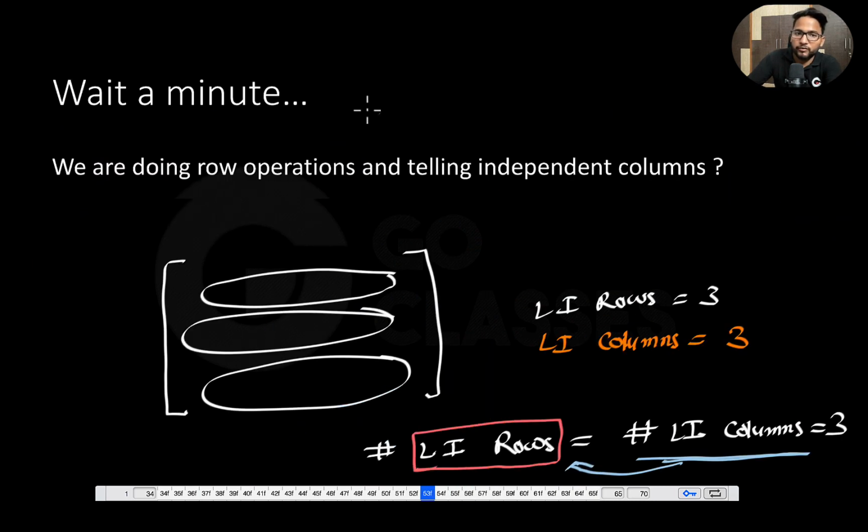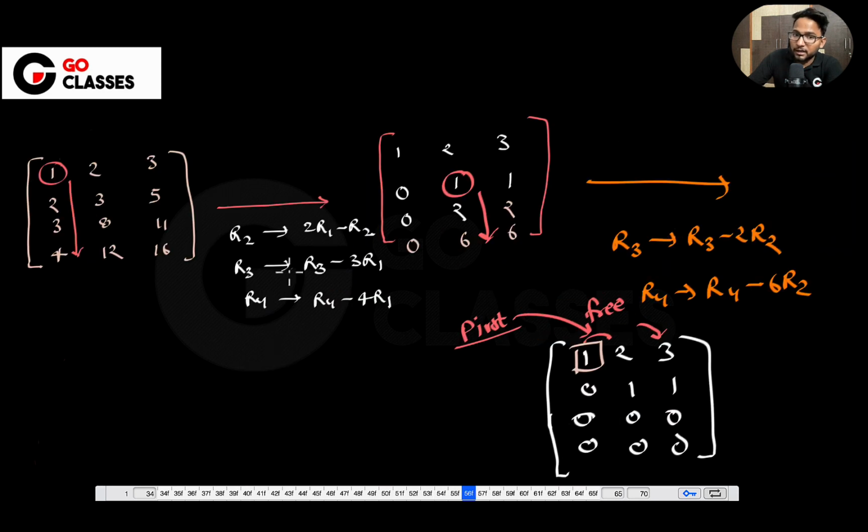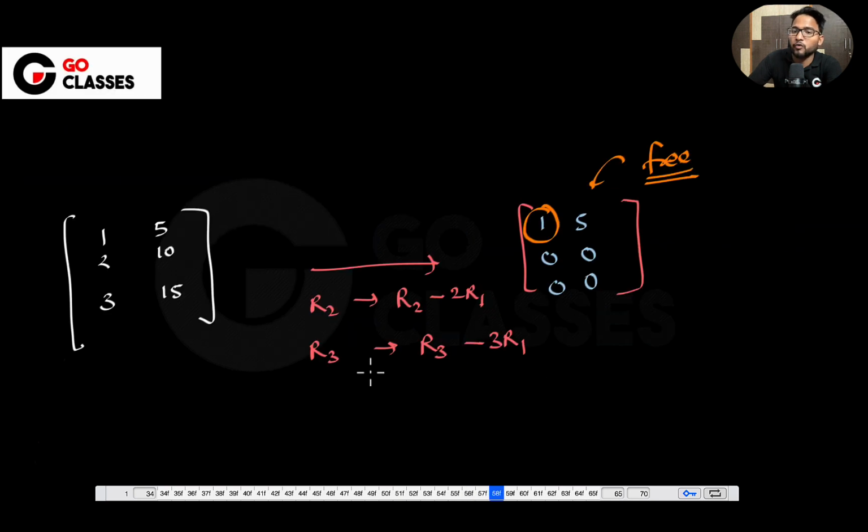Okay, so that's where I'm saying wait a minute, which means that you are doing the elementary row operation, but how are you concluding about the columns? We are concluding because it is getting captured automatically. That's why the Gaussian elimination is so powerful: if it is a linearly dependent column, ultimately it will make sure that you cannot get these as 0 and these as non-zero. Because the moment you say that these are 0, see,